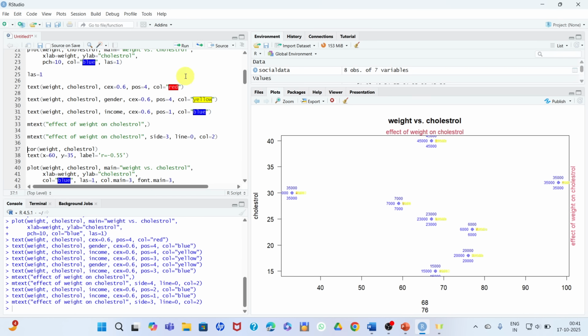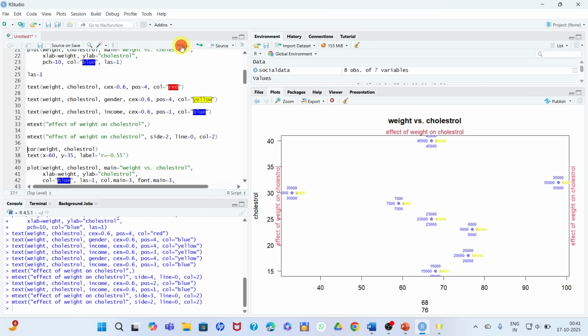Run. It's already 3. If you want to run, here you can see that effect of weight is on the second side. So that is 1, 2, 3, and 4. You can change the side of your subtitle.